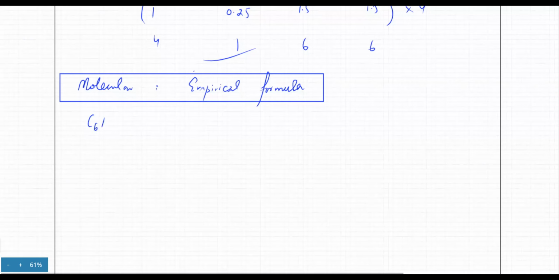Let's say glucose is C6H12O6. Its simplest ratio would come out to be C1H2O1. The technique above gives you this. It doesn't actually give you the actual formula. It just tells you the ratio among them, that it's going to be 1:2:1. It doesn't tell you that the actual ratio is 6:12:6. The empirical formula always tells you the simplest ratio.